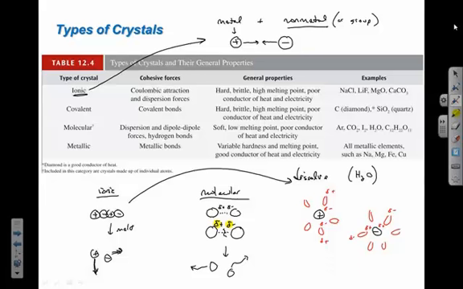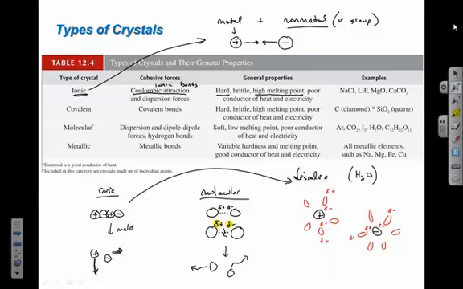So you need charged particles to conduct electricity, and they have to be able to flow around from one area to another. Our ionic substances are held together by Coulombic attraction, which is really just ionic bonds. They're usually hard because those are strong attractions that require a lot of energy to break. They're lined up in an organized way, so if I do have enough force in one spot, usually you can crack that open along that line of attractions, so that makes them brittle to a degree. They have very high melting points because it takes a lot of energy to move the charges away from one another since they're